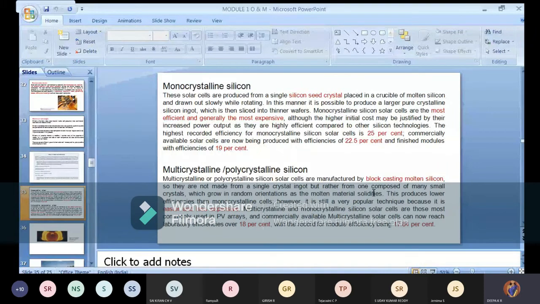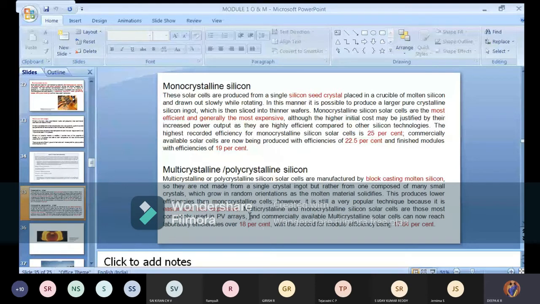You can keep it in different positions. Of course, you can take an example as your normal solar panels, what you say in day-to-day life. So this produces lower efficiency than monocrystalline cells. However, it is a very popular technology because it is easier and less expensive. Easier in the sense of installation and maintenance, less expensive. Initial installment is also very less, and after that operation and maintenance is also less. So we got two plus points, except the efficiency. But efficiency is less compared to mono, but it is not too bad.